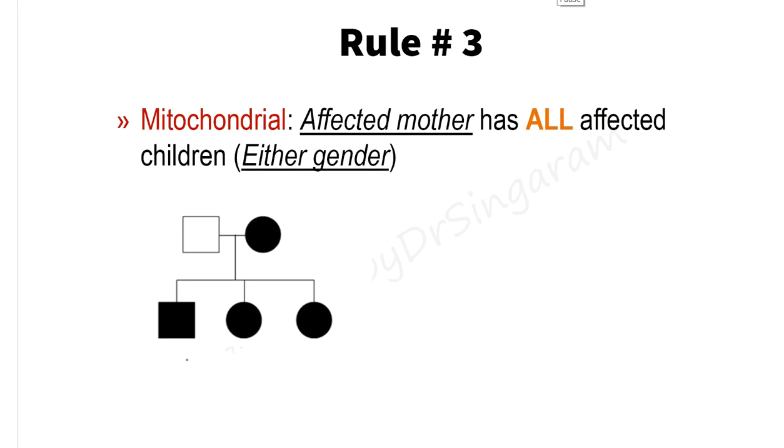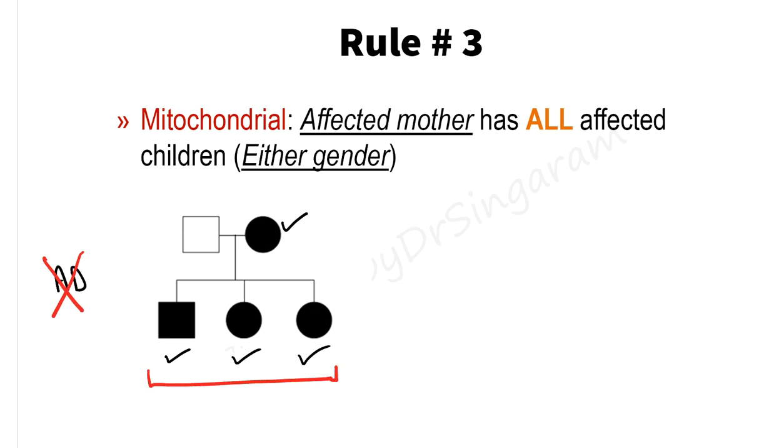You can see from this pedigree that the female is affected in the first generation. In the second generation, males and females are affected. So a casual person, again, may make the diagnosis as autosomal dominant pedigree, stating that both generations are affected, and males and females are also affected. But it is wrong. Why? Because the mother is affected and all the kids are affected. Can you see that? Mother is affected and all the kids are affected.